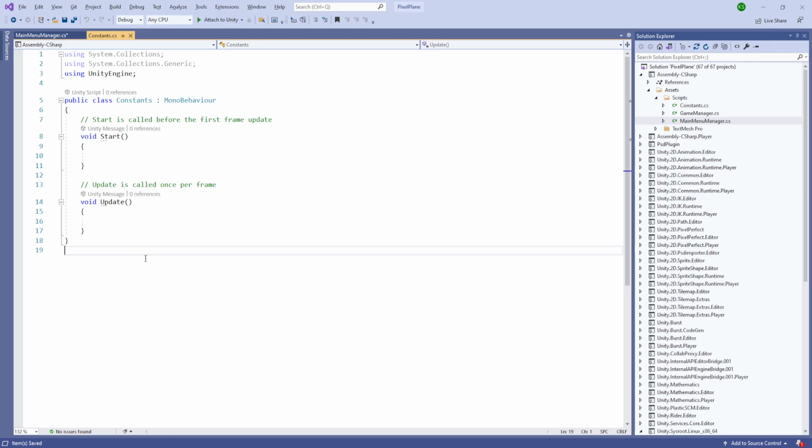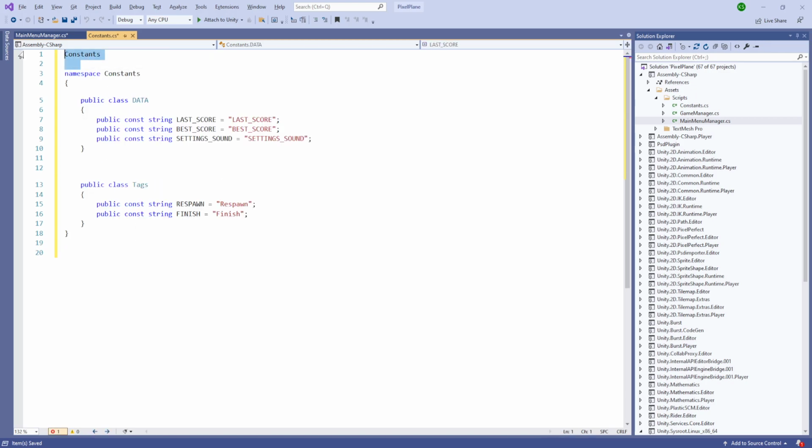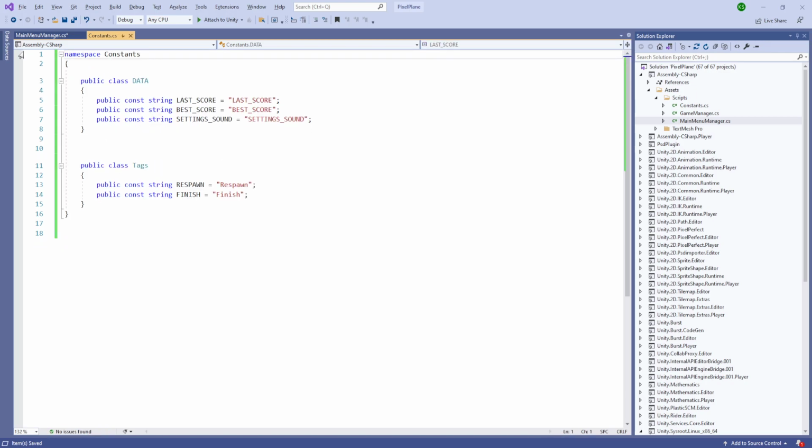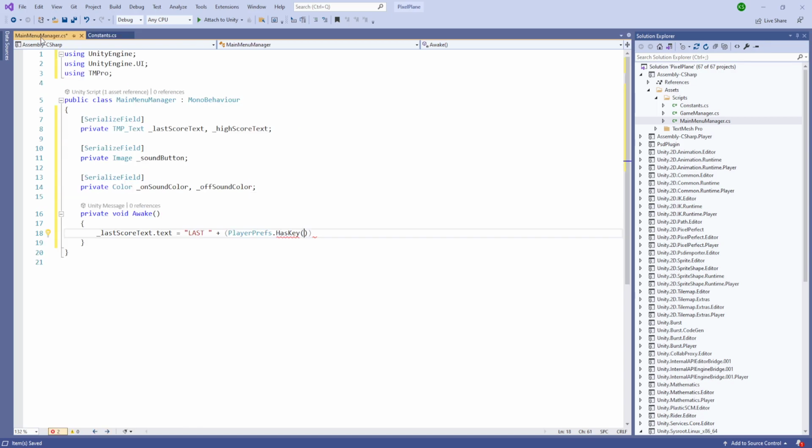So let's go inside constants and let's delete the constants. So these are the constants used. So the last score, the best score, the setting sound, and for the tags we have the respawn and the finish. Now if it has the key of Constants.Data, the first we are going to use for